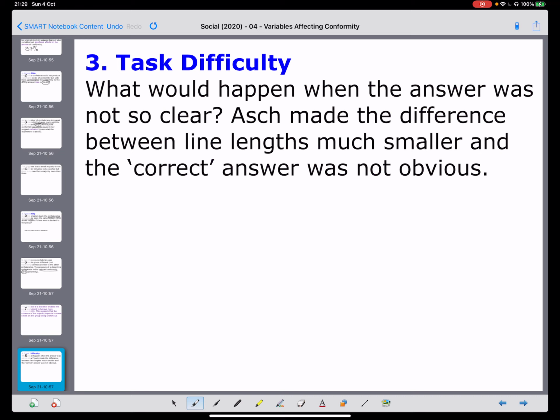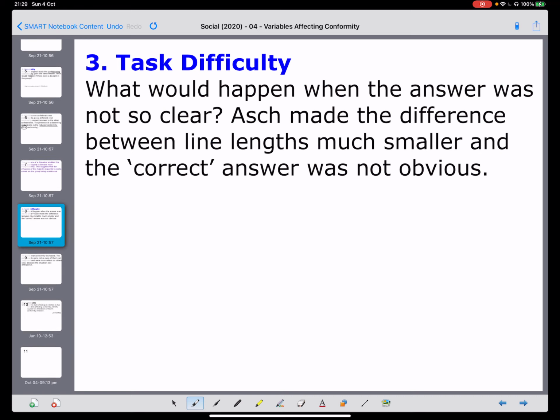The final variation that they ask us to look at is task difficulty. And I suspect we already know the answer to this. We've seen from Lucas et al. that as the maths problems got harder, the person was more dependent on information from the group. So that was something very similar to this particular variation.